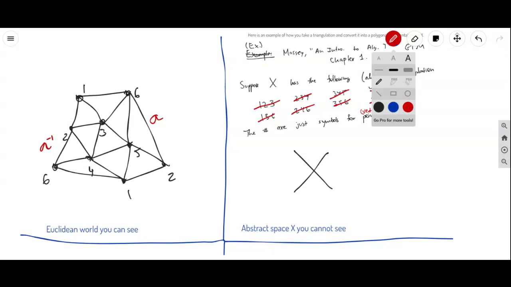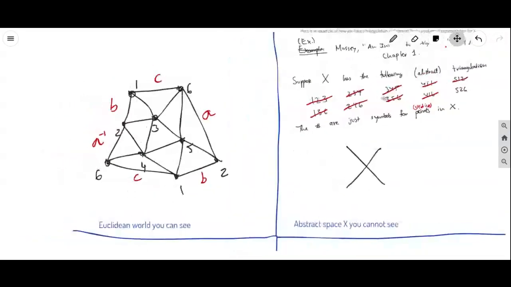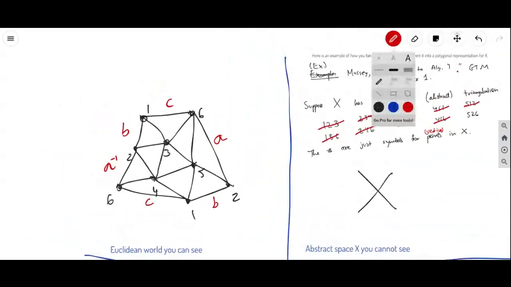So let's call this side B. Then that side would be B. And then here we have 1, 6, and here we have 1, 6. So that goes in the correct orientation. So we call this C, and we call this C. And okay, now we can put